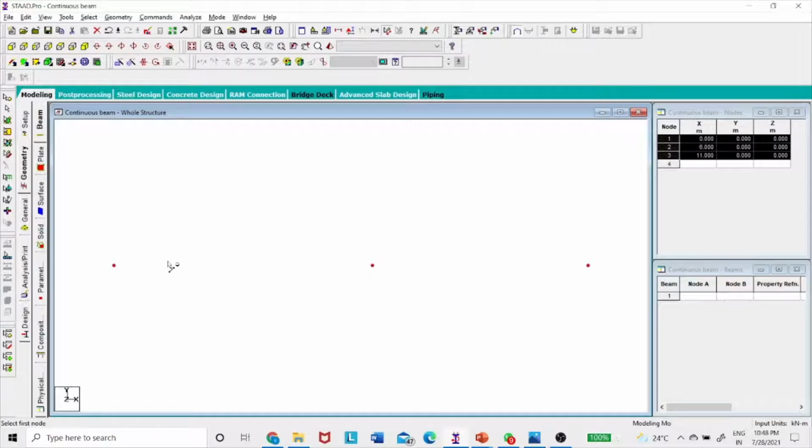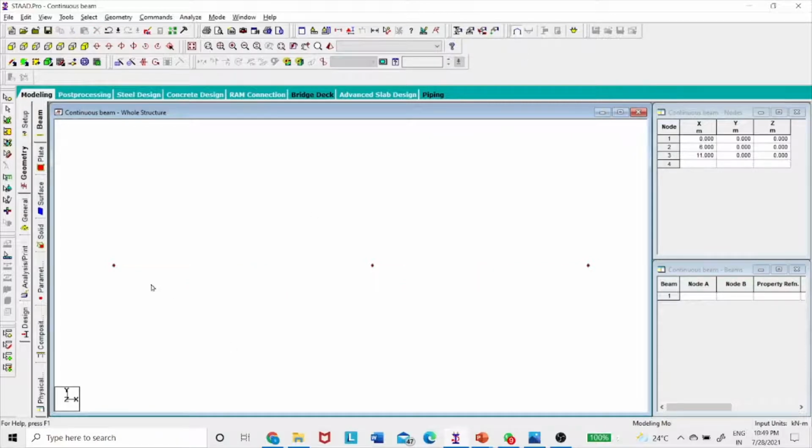Click on this, click on the first one and the second one: 6 meters. Click on the second one and the third one: 5 meters. So whatever I have taken is right. Now if you want to remove these 6 and 5, simply press remove all the node to node distance display.